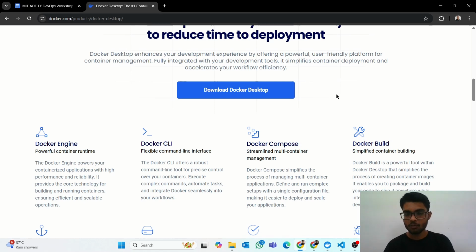your file manager. Go to the download section. You can double click on that, and it is just the same as downloading any other application. You just have to go ahead, click next and click install. As soon as you are able to install everything, you want to check whether you have successfully installed or not,